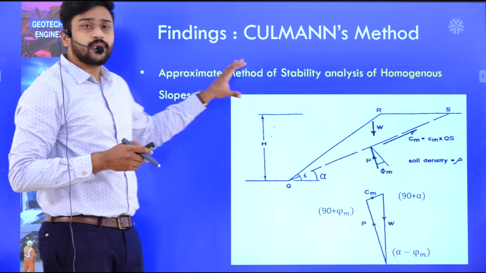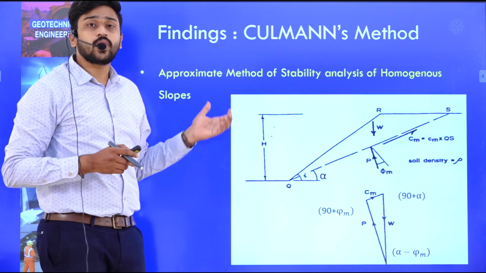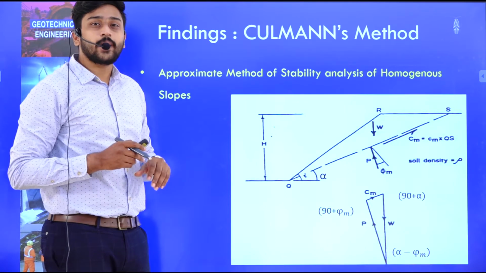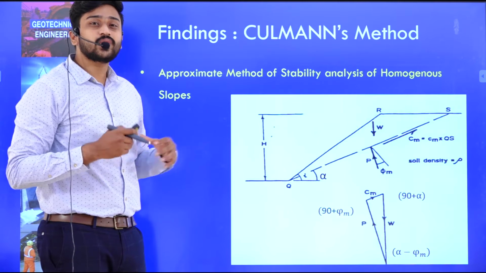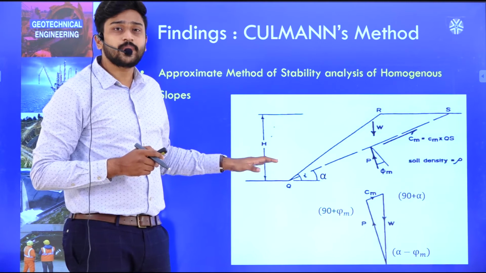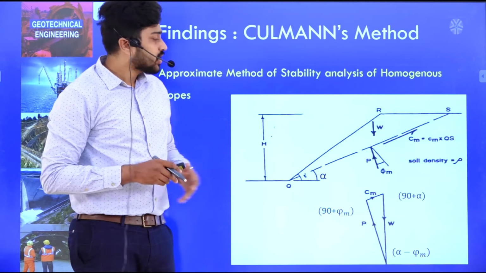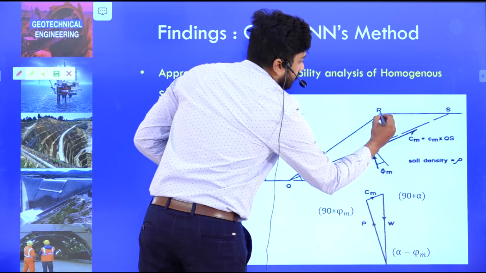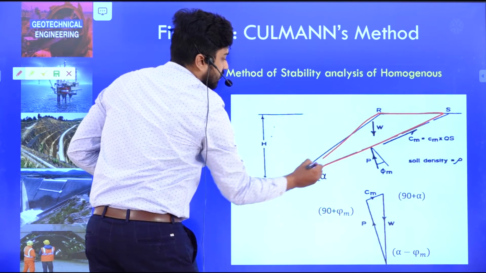This method of stability analysis is generally used for homogeneous soils, and here we need to understand that this is one of the most important approximate methods. Okay, it is based on certain approximations. Similar to the wedge case, here it is assumed that the failure is along a simple plane which is passing through the toe, and the failure is in the form of a wedge shape. So in this particular diagram, this is the wedge failure plane that is actually occurring.